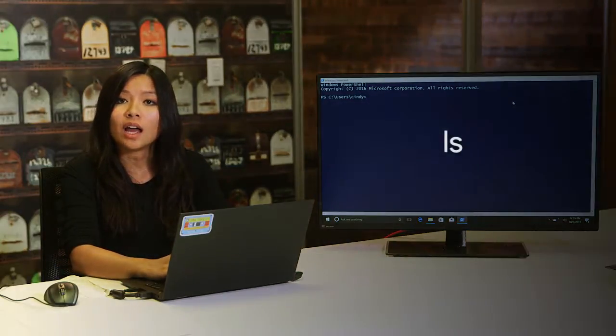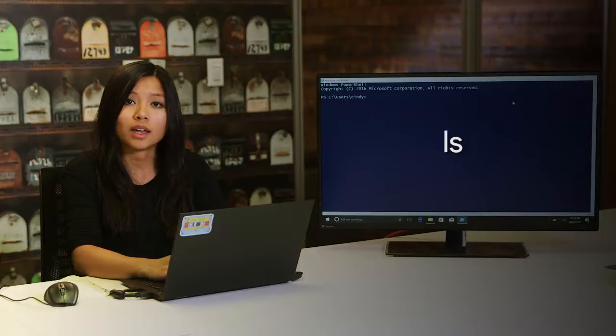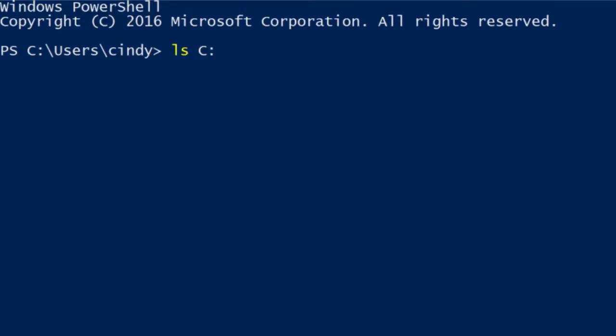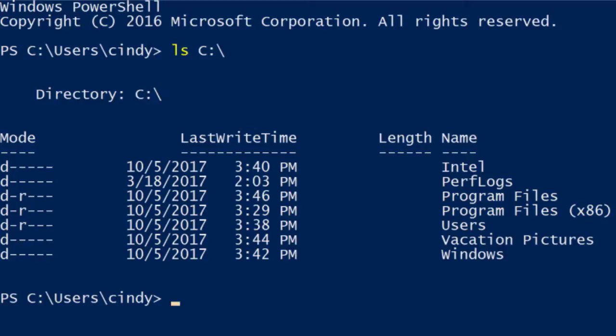We're going to use the ls, or list directory, command and give it the path of where we want to look. The path is not actually part of the command, but it is a command parameter. You can think of parameters as a value that's associated with a command. Now you can see all the directories in the root of your C drive. You might just see a few or a whole bunch of directories. It all depends on what your computer is used for.